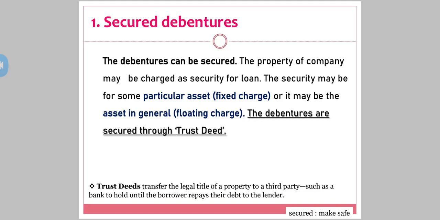See, we have seen trustees, there is one party, trustee to the debenture holders. Yes, we have seen the company, the trustees and the debenture holder. So now when the debentures are secured, their warehouse title, or I can say the legal documents of that warehouse, will be with the third party, that is trustee. And if the company doesn't pay, the trustee is supposed to sell and is in a position to repay the amount to the debenture holder. Okay, so here come secured debentures, secured through any of the assets of the